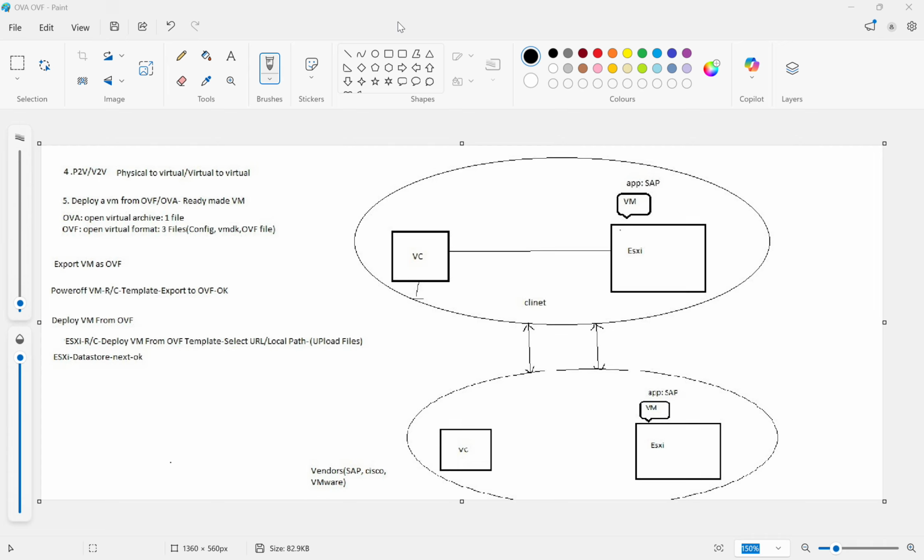So OVF is nothing but Open Virtual Format. It includes configuration files, hard disk VMDK files, and OVF files. All files will be there in that. It is like a ready-made VM. So whatever is there, everything will come